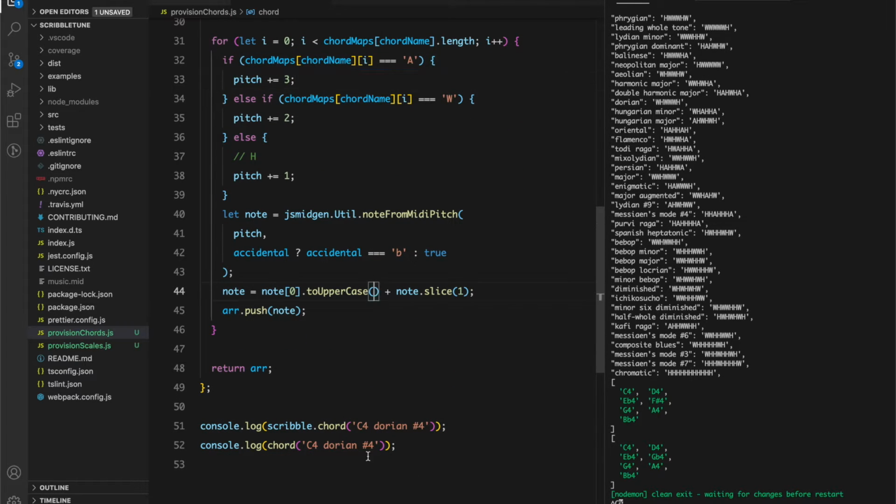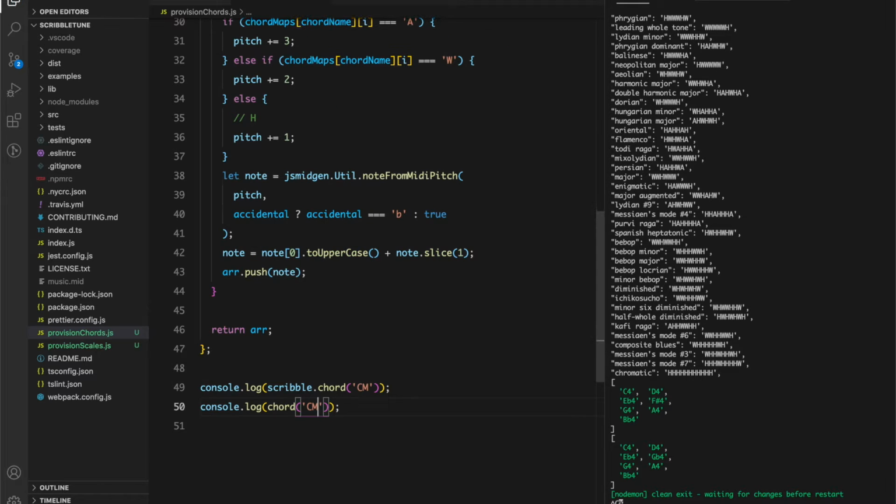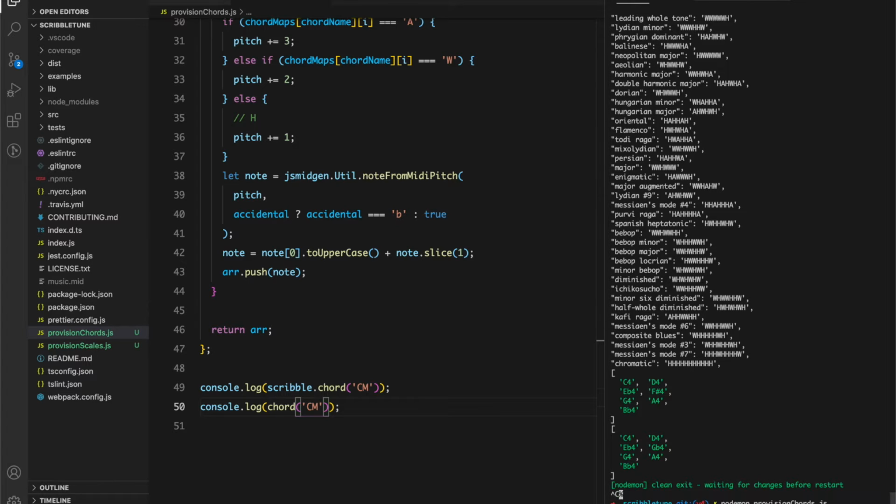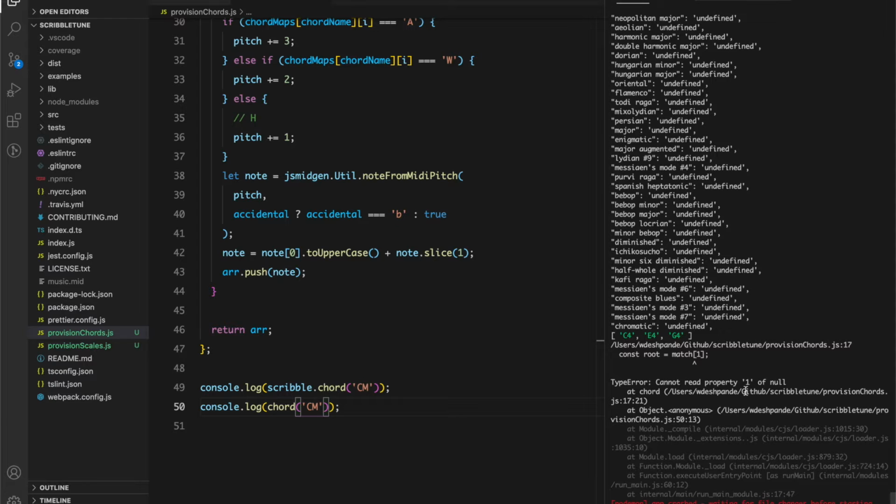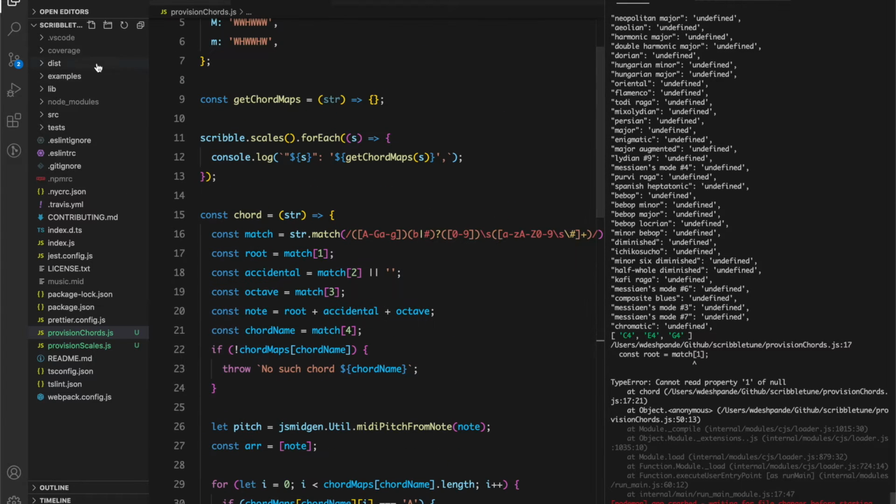And then over here as an example we'll go for C major scale to start with, and we'll start nodemon over here for provision chords instead. So obviously there is some issue over here and we'll get to it soon.